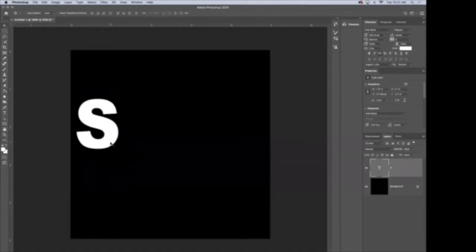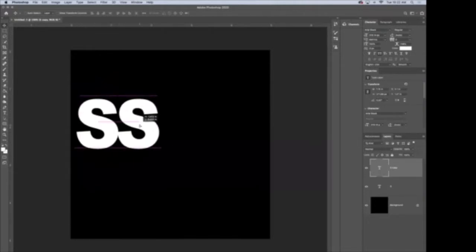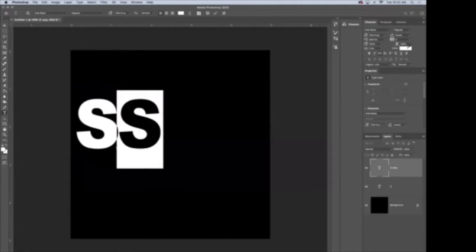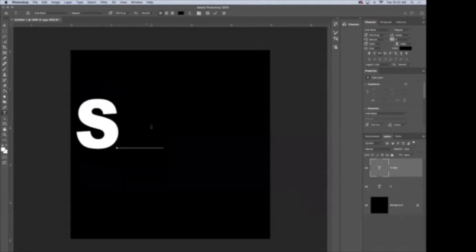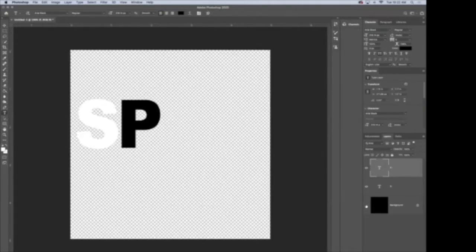And then I'm not going to just keep typing. I'm going to hit Command or Control J, depending on whether you have a Mac or PC. And then I'm going to go P. But my P is going to be black. Now I can go ahead and remove the background layer first. You can see each letter. And I'm going to hit Command J again or Control J again